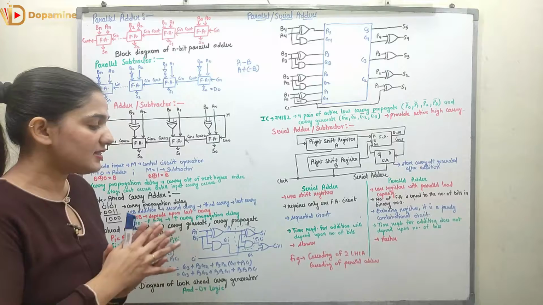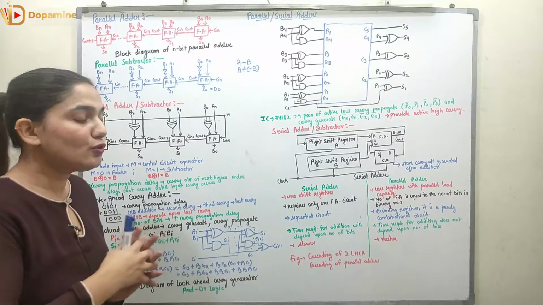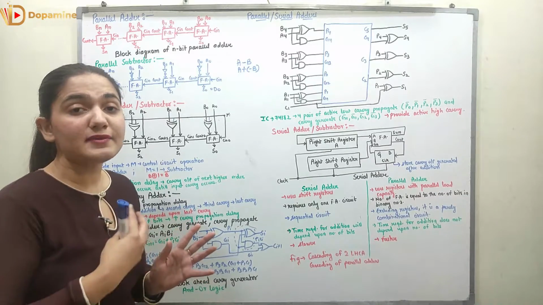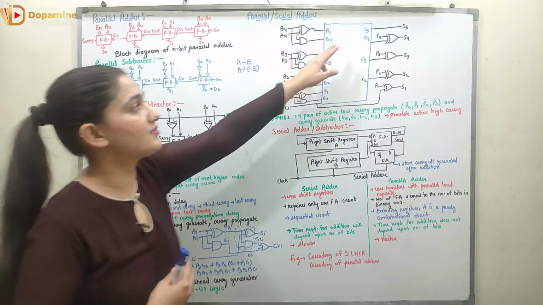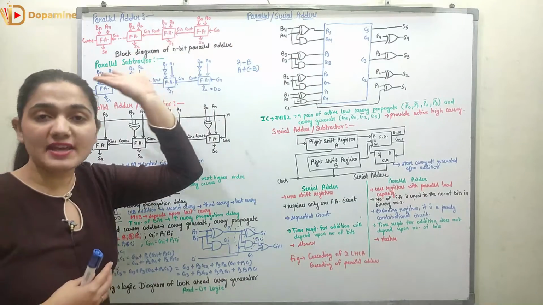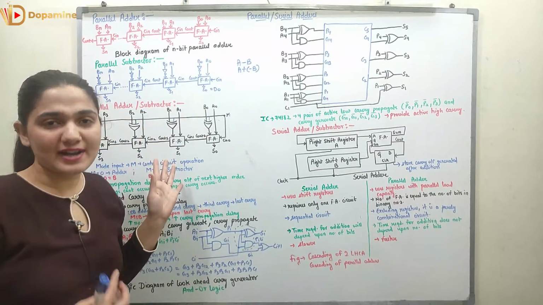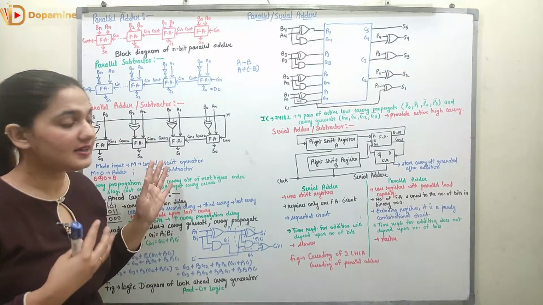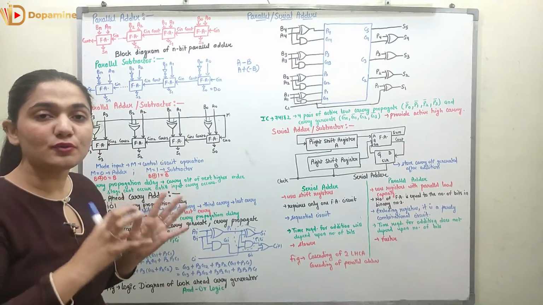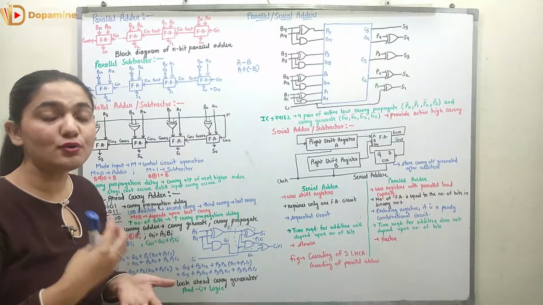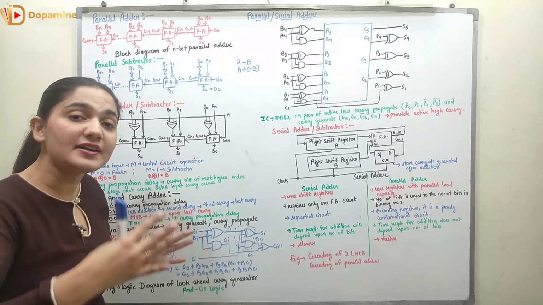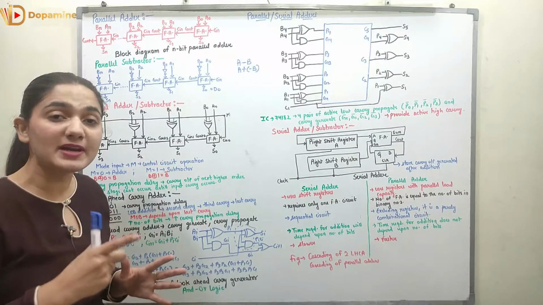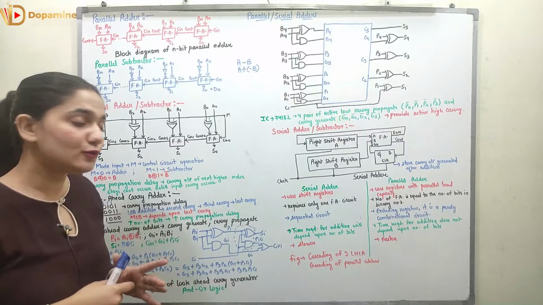You can see in the figure we have the cascading of 2 look ahead carry adders, which is done with the help of the carry. The higher order carry that we have generated over here is sent as the input carry to the next look ahead carry adder, and thus we can cascade these 2 look ahead carry adders, right? So it is possible to cascade the look ahead carry adders to add a higher number of bits in the given number.